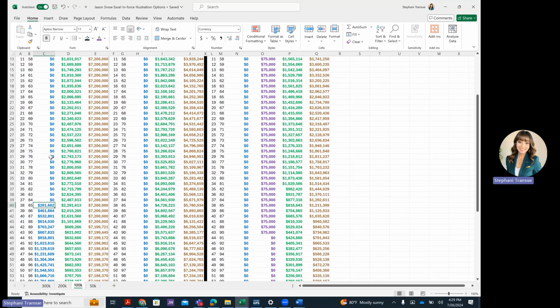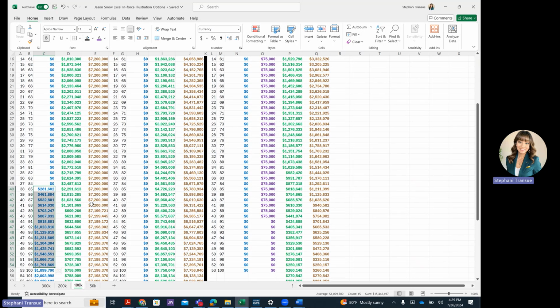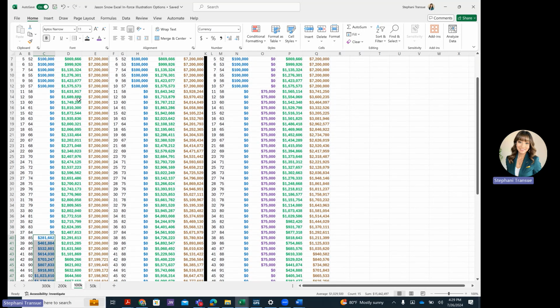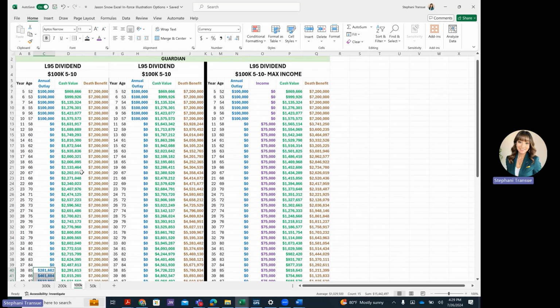At the age of 85, just because you are getting older, that means that the term cost is getting a little bit more expensive. This is where you'll notice that the policy will require more payments to go in order to keep that death benefit at that 7 million mark. So it becomes more expensive. We always like to show this so that you're able to be aware of what if you decide to keep the term rider on and how it will affect your policy.